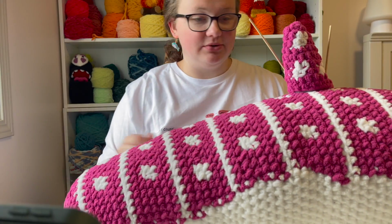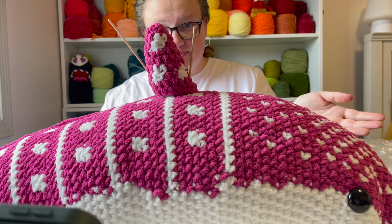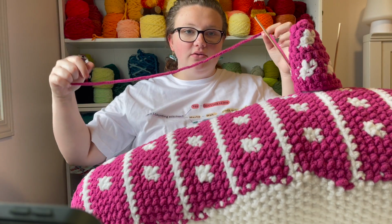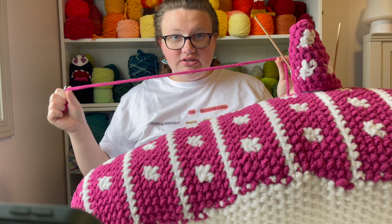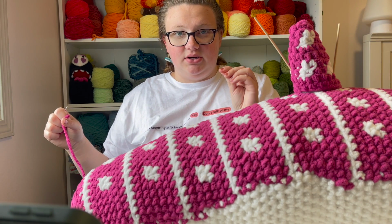Okay, I keep pausing the timer to talk to you, but do you see how small this fin is? Right? It's pretty small. I mean, it's only what, 1, 2, maybe 10 rows long. Look at how long my yarn tail is. I'm probably not going to use this all. Do you know how terrible it would have been if I made this and I cut the yarn tail too